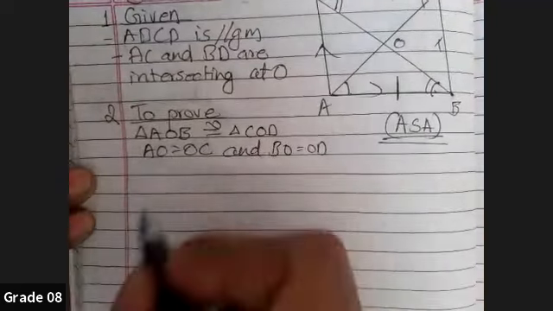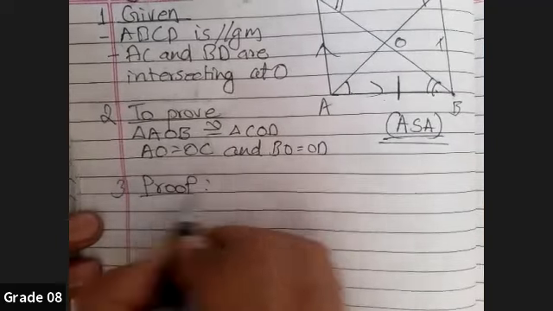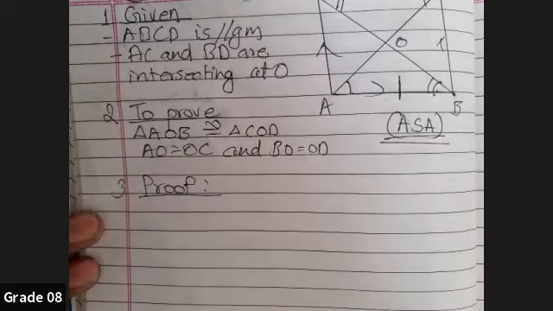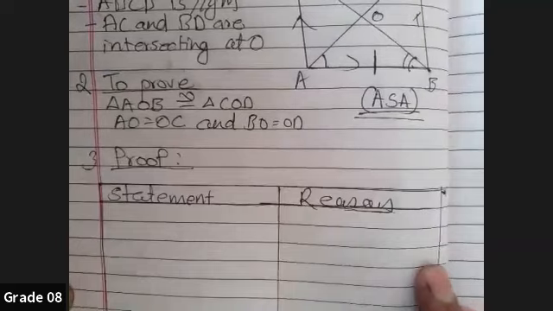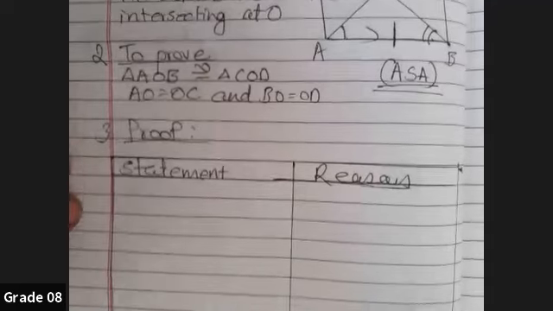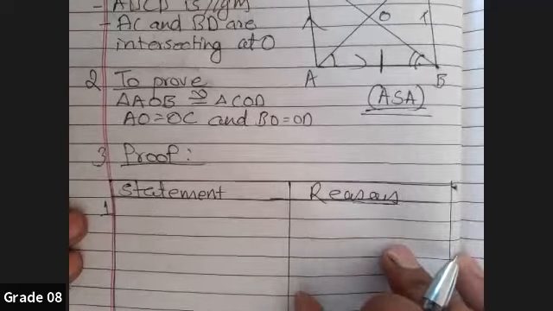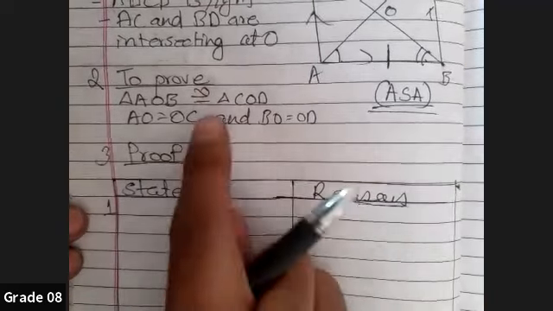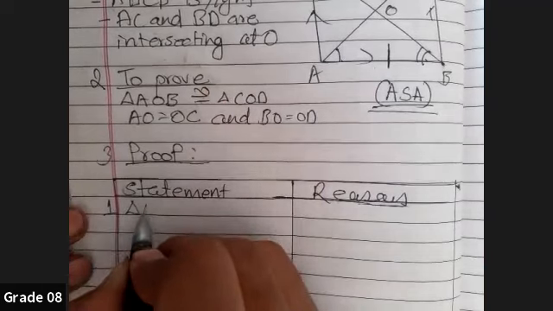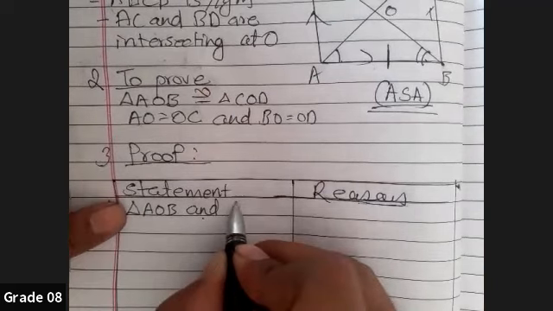Okay, now our third title to prove the theorem is proof. Proof means that we are going to make a table. So your table will be like this, right? After writing the given title and to prove title, now we are going to start the statement and reason. So what are we going to write in number one? In number one, we are going to mention the name of the triangles using the congruent-like symbol in the middle, because the triangles are not yet proved as congruent. So we are writing triangle AOB and triangle COD. Can you write the short form as well? Yes.